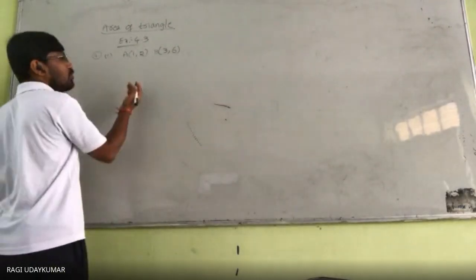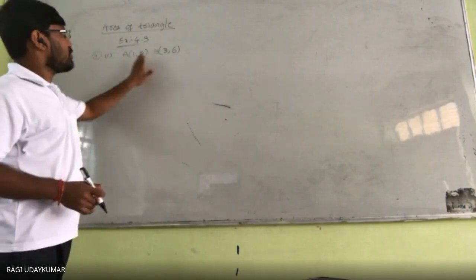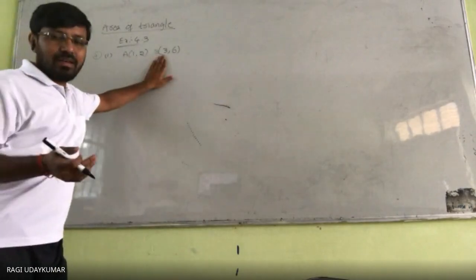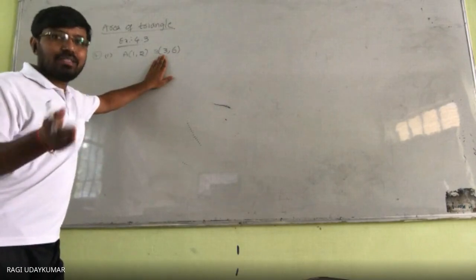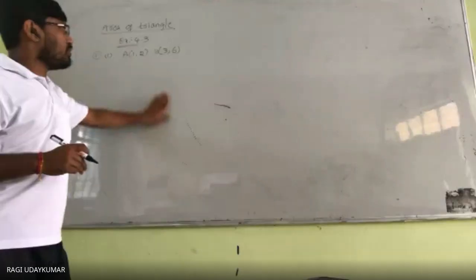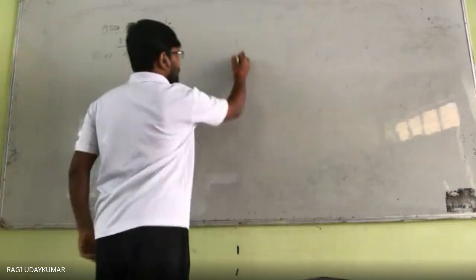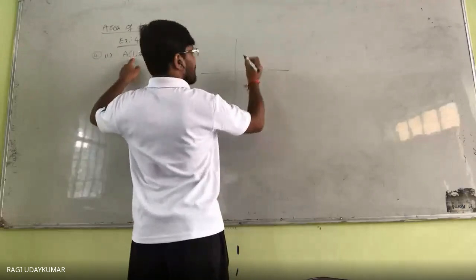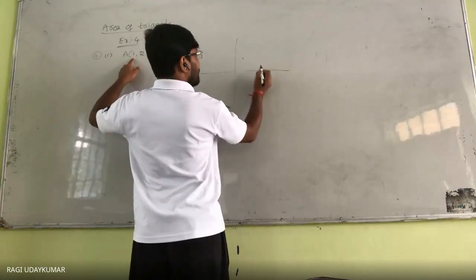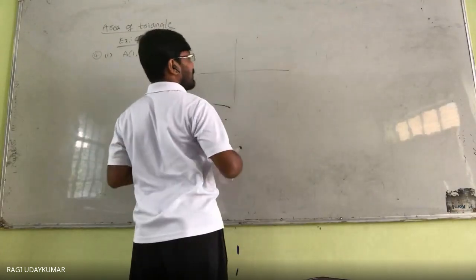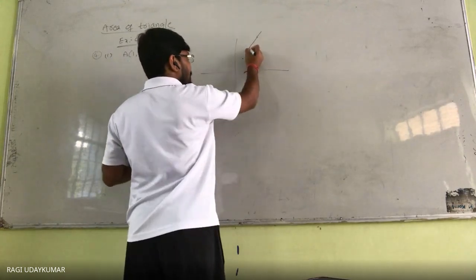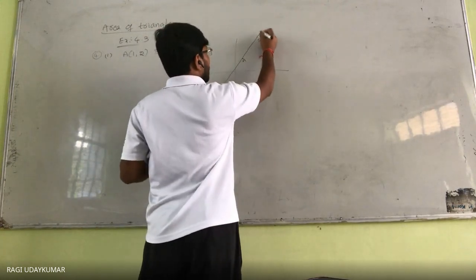Let us see how to do it using determinants. Sir, I didn't understand the question, sir. Find the equation of the line joining these 2 points is the question. Okay, using determinants means actually whenever you take here like this, 1 comma 2 is a point present approximately here, and 3 comma 6 is a point approximately present. This line is asking you to find using the determinants.